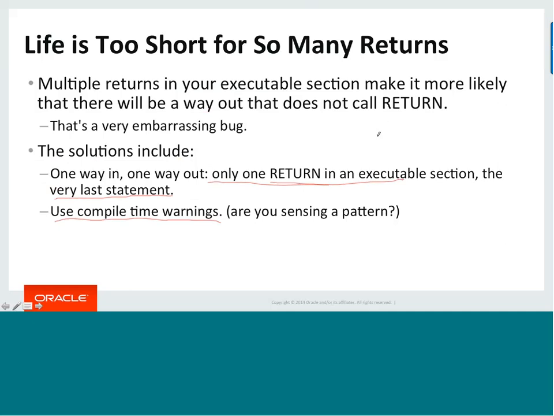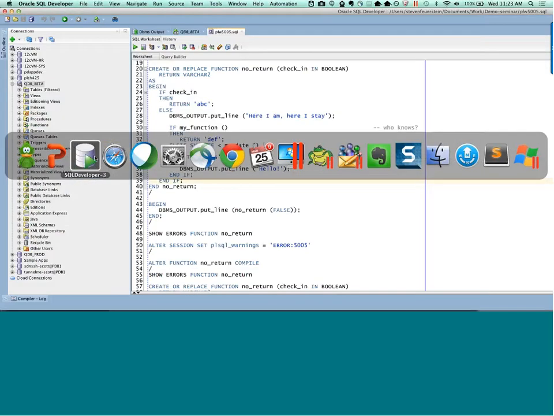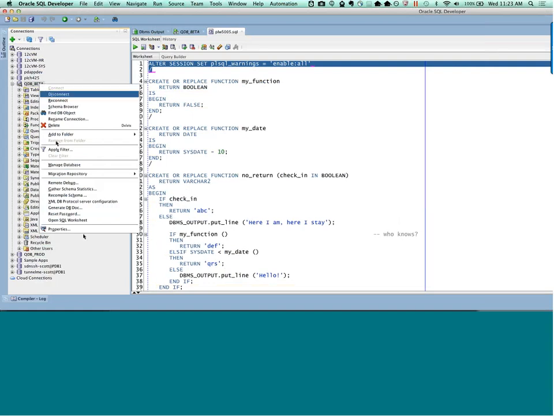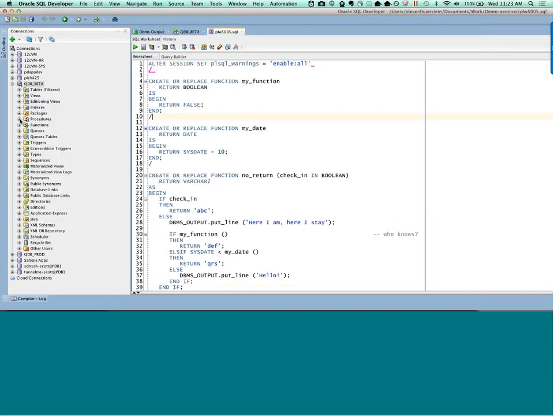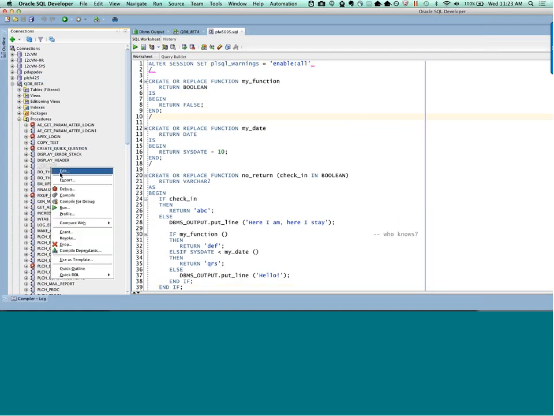Great question, and there are two answers. If you're using the worksheet like you are, what I would recommend doing is add that alter session command to a login script that executes every time you initialize a connection. So that'll just run for you, and it'll just be ready to go. And then the other option is to use the procedure editor. So if you're running a store procedure from a file or from the database tree, you can set compiler settings